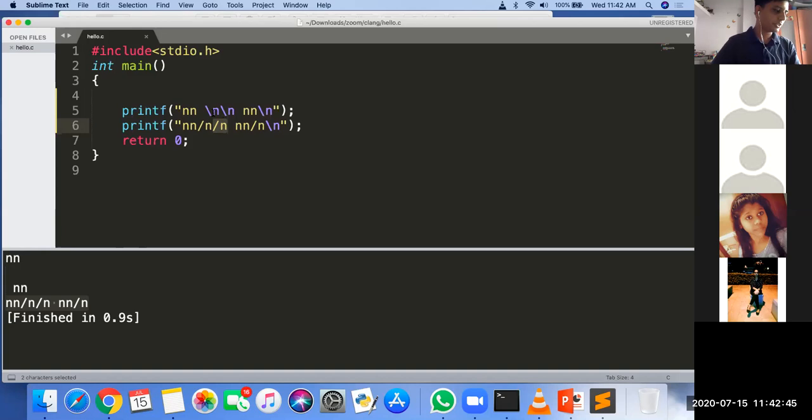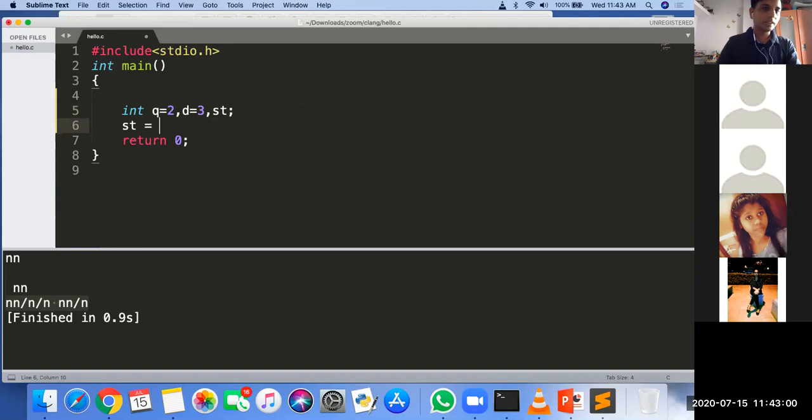Okay, so one more question. Two integer variables are there: integer q is equal to 2 and d is equal to 3, and one more variable st is there.